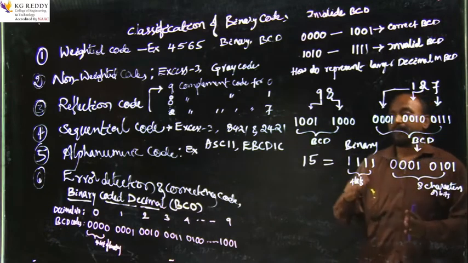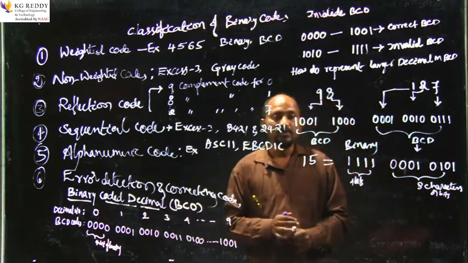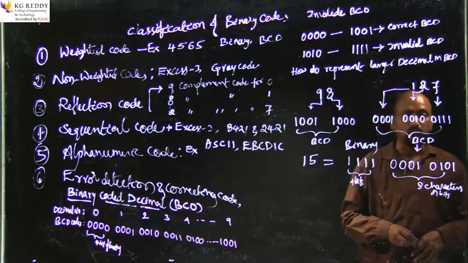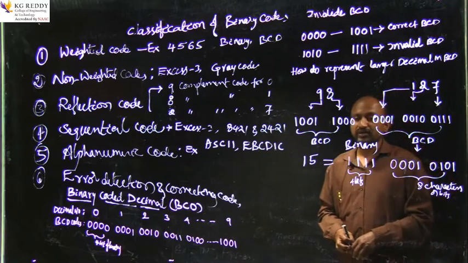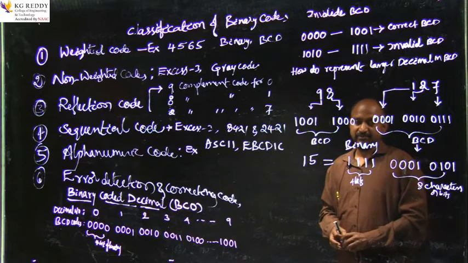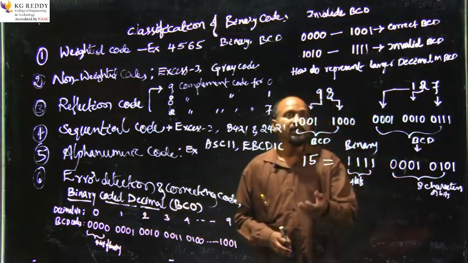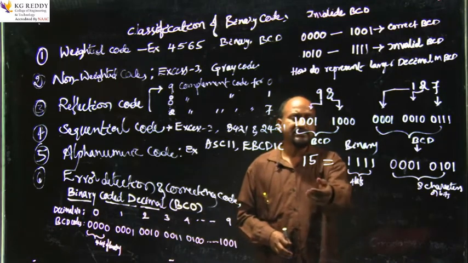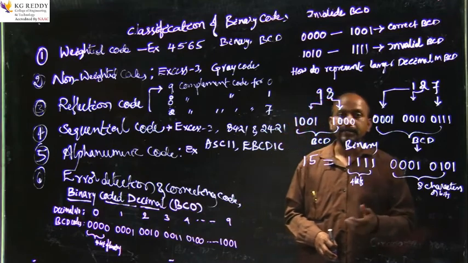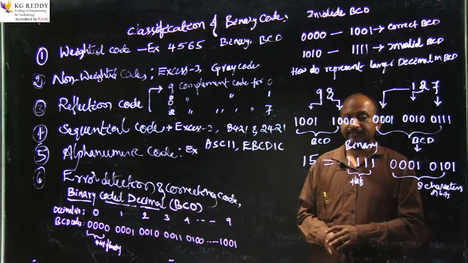Compared with binary addition, BCD addition is quite difficult and complex, because the result has a different set of rules and functions. We'll discuss BCD addition and subtraction in the coming video. So these are the advantages and disadvantages regarding BCD. The advantage is simple: it is easy to remember. If you remember up to 9, you can write any higher number in BCD.